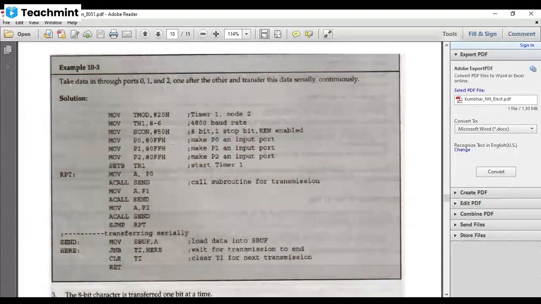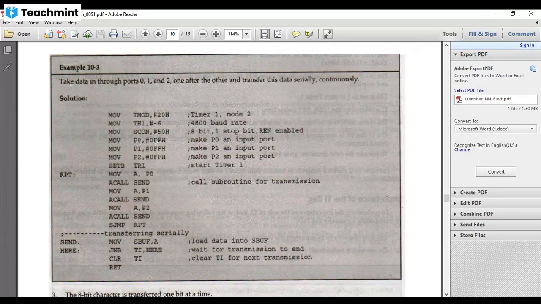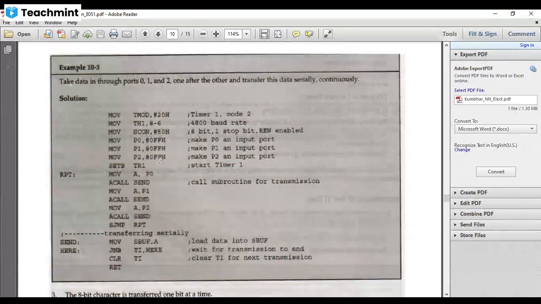Okay. Now then you have the serial control register. Further you have the 50 as in the previous example. That is 8 bit in mode 1 and receive enable. Now the 3 ports we have to put in input mode. That is move P0 FFH, move P1 FFH, move P2 FFH. In the sense, all ports we have to make in an